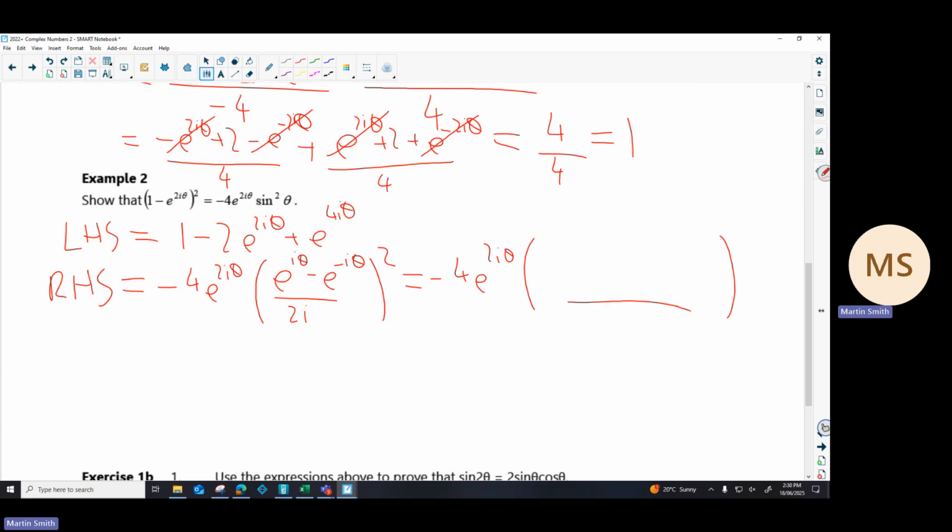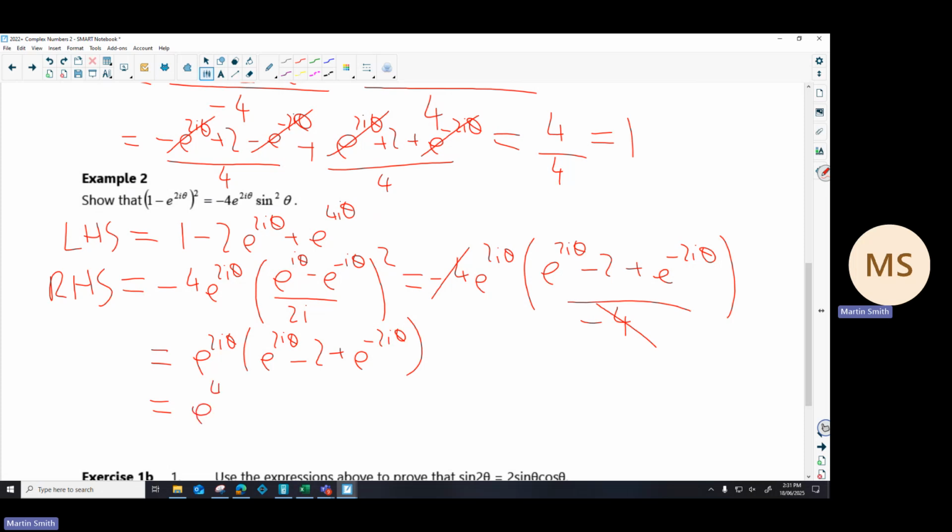On the bottom, 2i all squared is minus 4. And then if you expand e to the i theta, take away e to the minus i theta squared, you will get e to the 2i theta minus 2 plus e to the minus 2i theta. Now what we can do is cancel out the minus 4s. So that gives me e to the 2i theta into e to the 2i theta minus 2 plus e to the minus 2i theta. Expand the brackets and you get e to the 4i theta minus 2e to the 2i theta